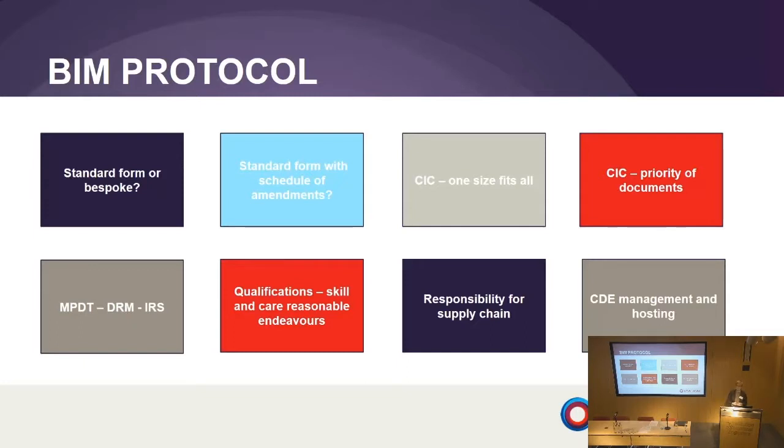The protocol can also allow for responsibility for the supply chain. So if we've got a lot of SMEs who aren't BIM ready, should the responsibility be on the tier ones to pick up their designs and put them into the model? Or does that then fall onto the client? Does the client pick up the responsibility for smaller members lower down in the chain not being BIM ready? Who takes that risk? Who carries the cost of that? I think those things ought to be ironed out in the BIM protocol so everybody knows where they are from the start. And then the final point that I put into my protocols is who's responsible for managing and hosting